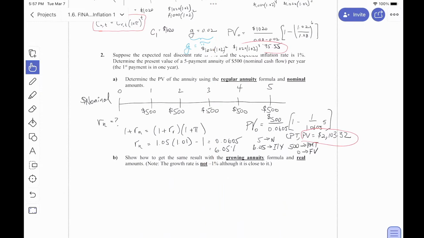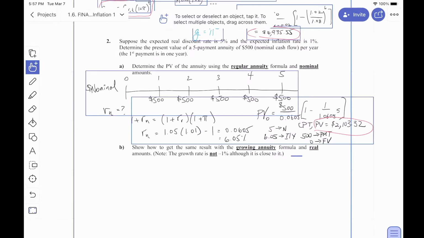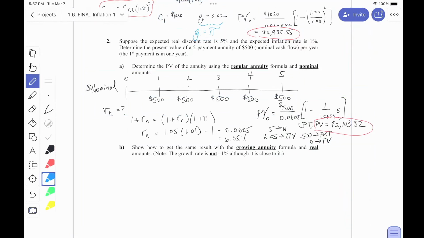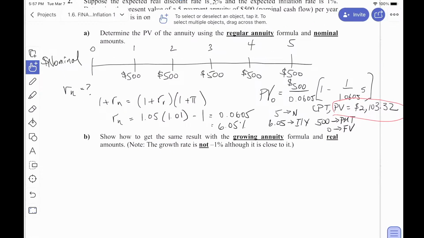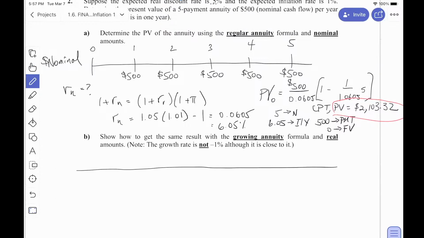But in this one, for real dollars, with an inflation of 1%, using our relationship above for nominal cash flows,